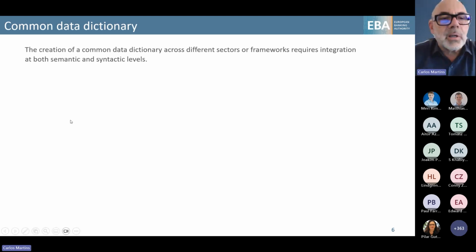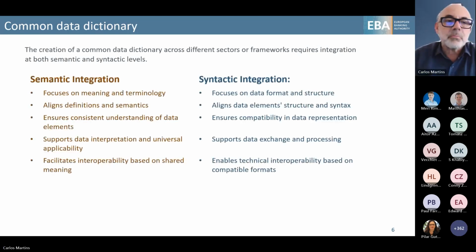So the creation of a common data dictionary requires integration, because we are talking about possibly different sectors or different frameworks, and the integration must happen at 2 different levels. The semantic level, meaning the content, and the syntactic level, meaning the structure.